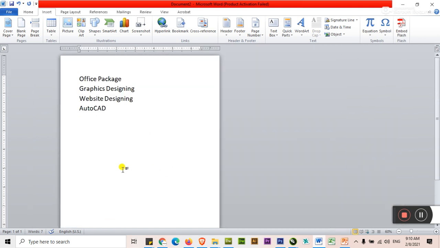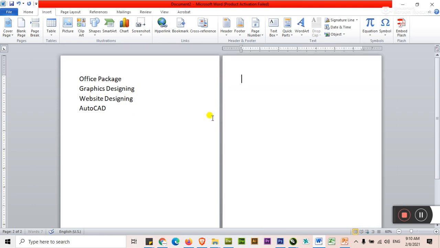It's the first page. Just press Enter. You go to the second page. This is your first button, and its detail is here.